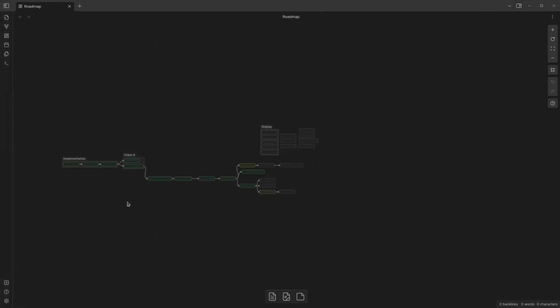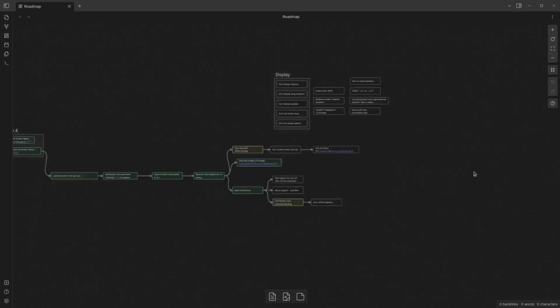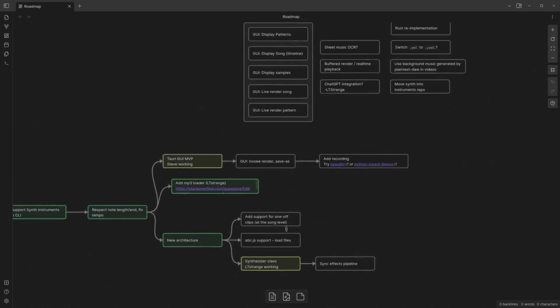So I took a few moments to organize our roadmap. Look at all the progress we've made. Green all the way out, and then we have what we're working on. So LT Strange is working on the synthesizer, and that's going to help us create like a synth effects pipeline, which will be awesome. We have some new stuff we can do now that we completed the architecture in the